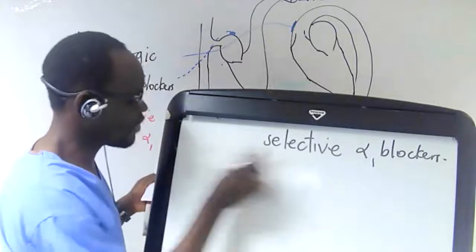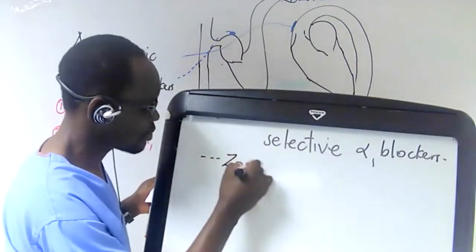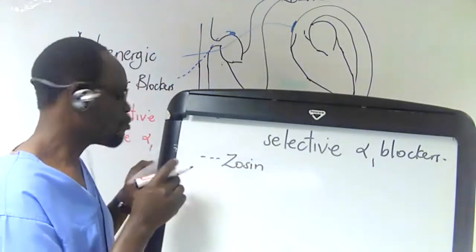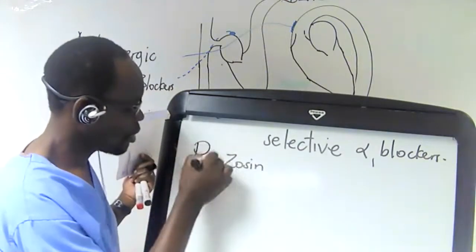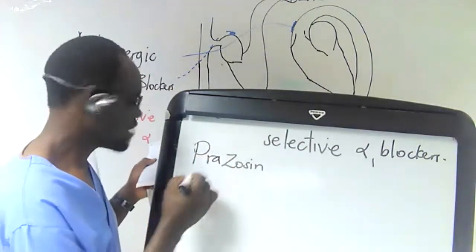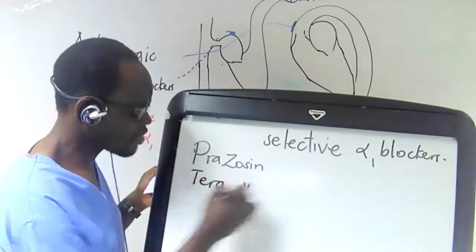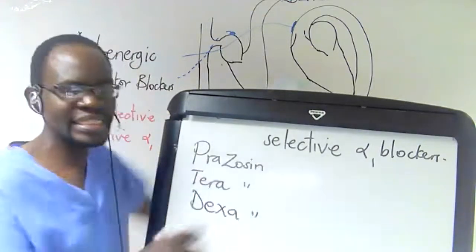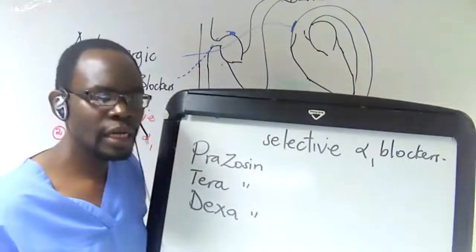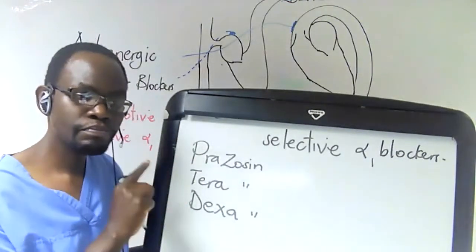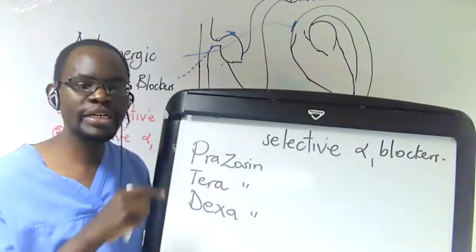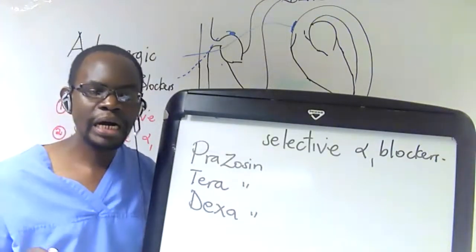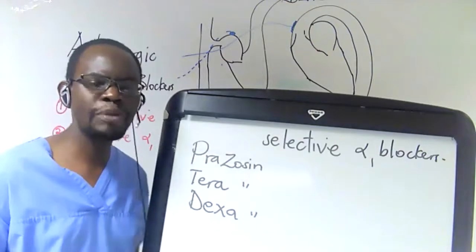The zosins, you have a name and then zosin. So the examples are prazosin, terazosin, and then doxazosin. So the zosins are examples of selective alpha 1 blockers. By the way, these are also important. They are also used in the symptomatic treatment of people who have BPH,